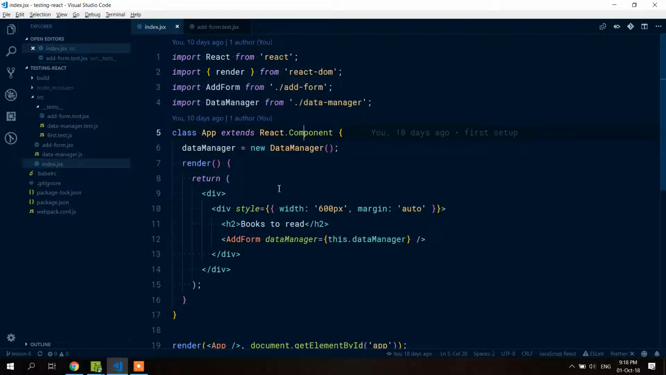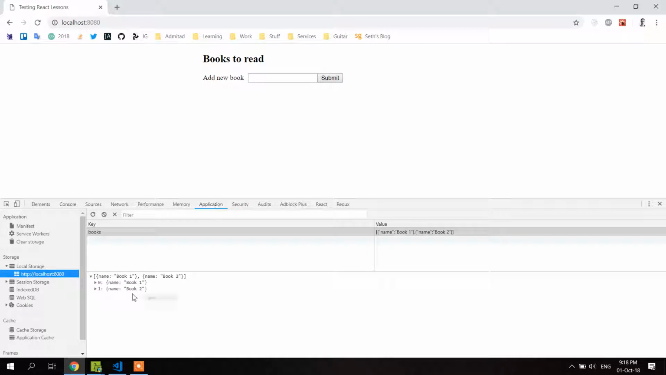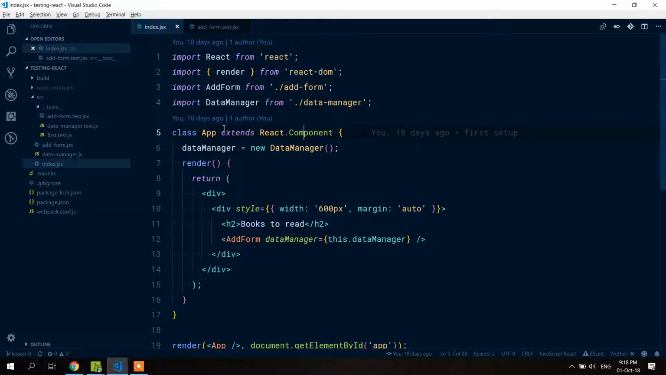Welcome to lesson 9 of this React testing video series. In this video we're going to create a component that would render a list of our books, and we're also going to test it. We take our books from local storage, which we store in there with our data manager component. To do that, let's start by creating books list